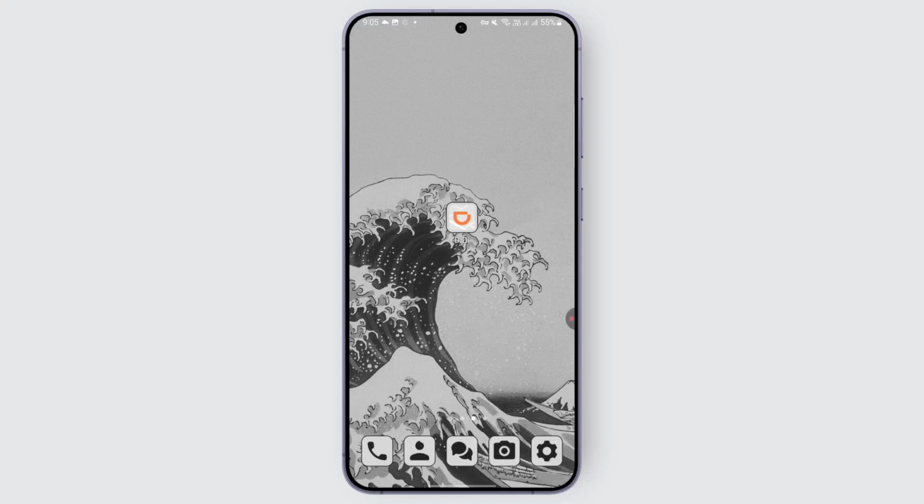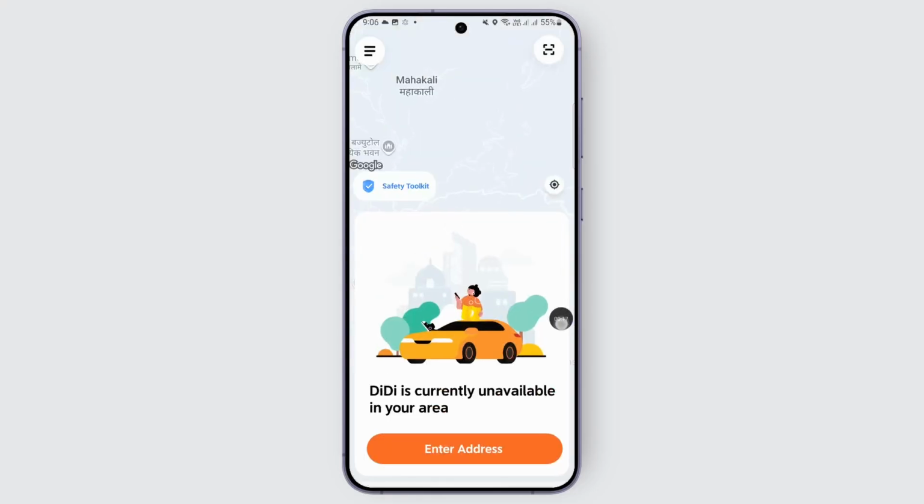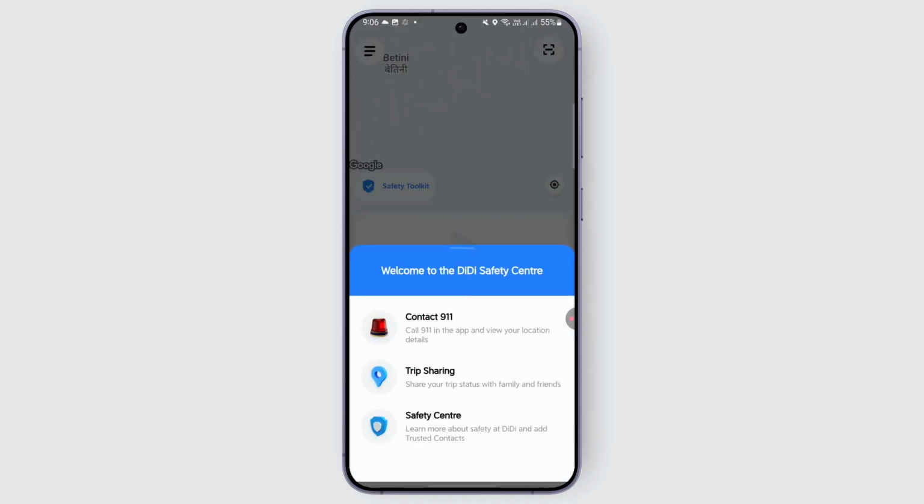If you'd like to use the safety button in the DiDi app, you may follow these steps. Open up the DiDi app first on your smartphone or device, and then once you open it up, you may look for a safety or safety toolkit section. It is sometimes located in the menu, but you can easily find it on your home screen as well. Just go ahead and tap on that option like this, and there you will be welcomed to your safety